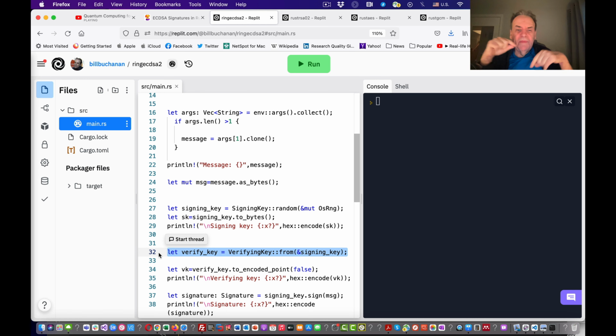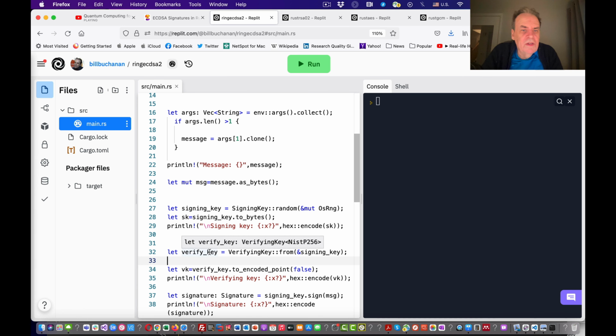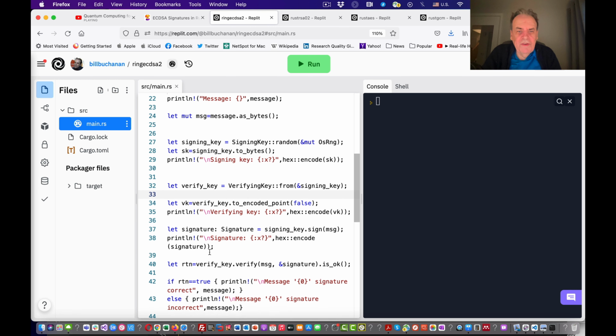We add the base point the number of times in the private key, and it creates our public key. This creates a point on the elliptic curve. That's our verifying key, and from that we can sign a message.